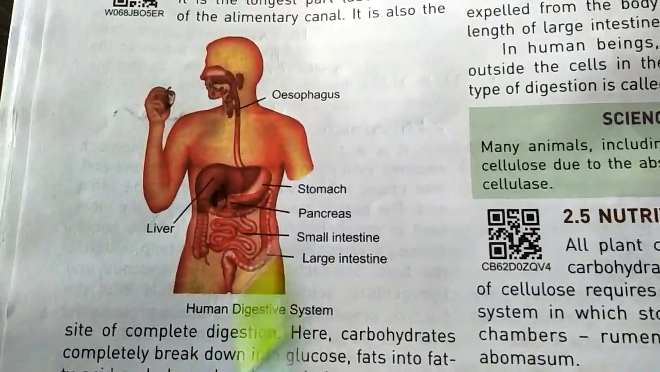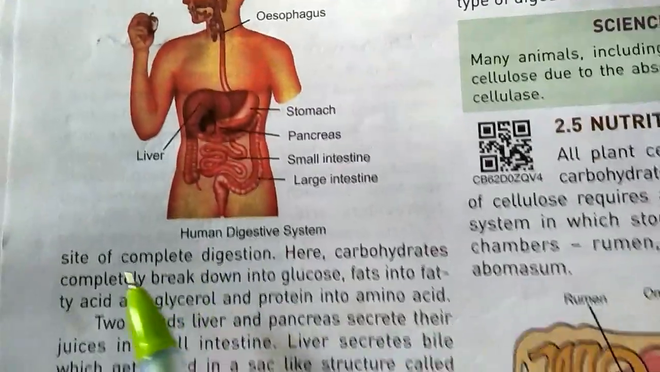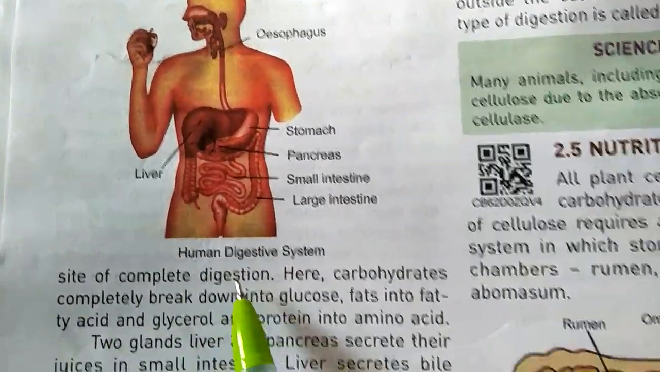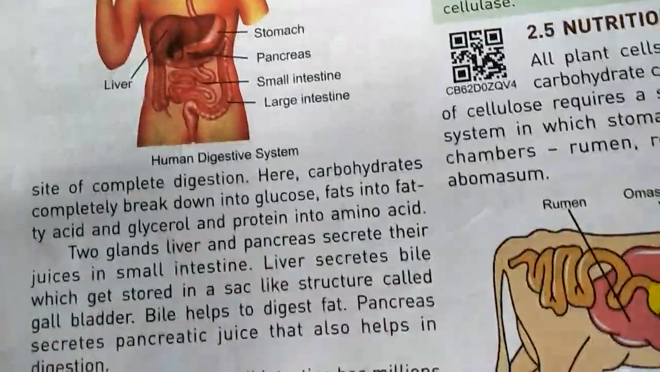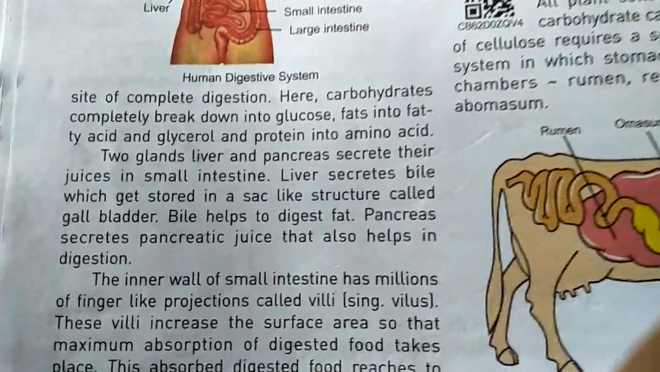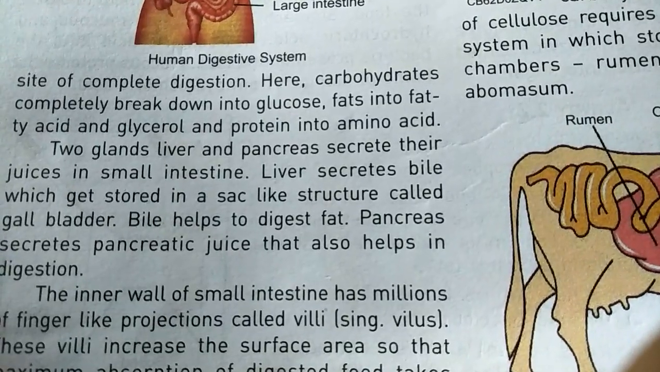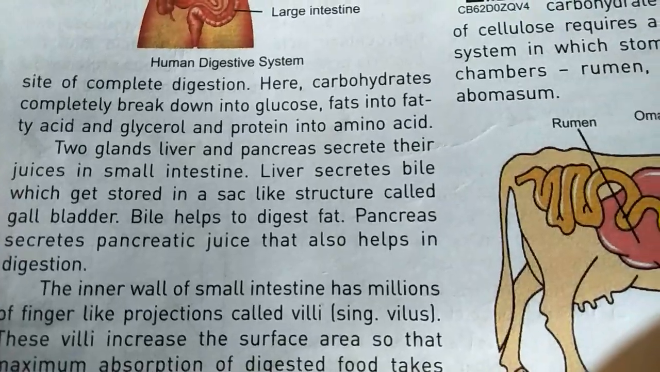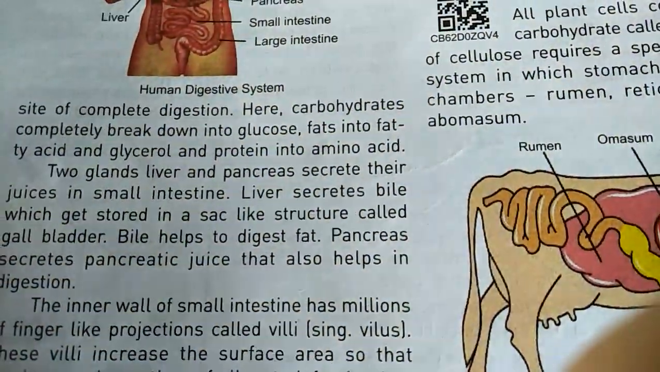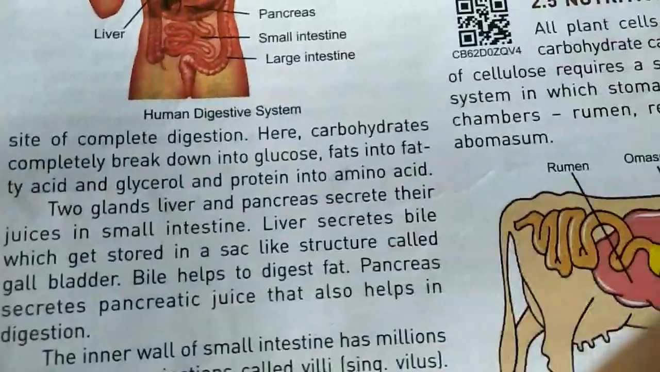It is also the site of complete digestion. Okay, you can easily see this coil form known as the small intestine. So it is the site of complete digestion. It means complete digestion takes place here. Here carbohydrates completely break down into glucose, fats are converted into fatty acids and glycerol, and protein is converted into amino acids. So you can see easily how the different nutrients of food